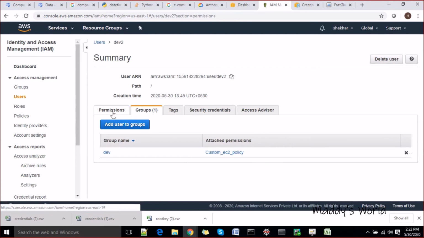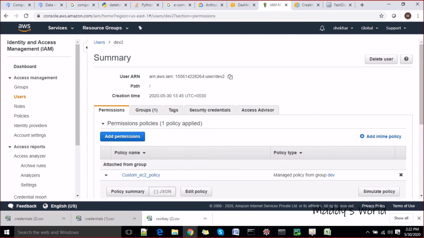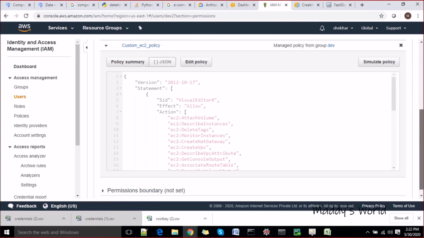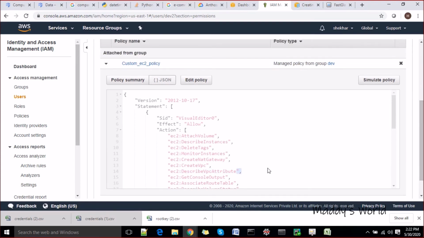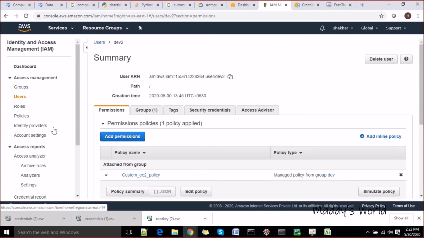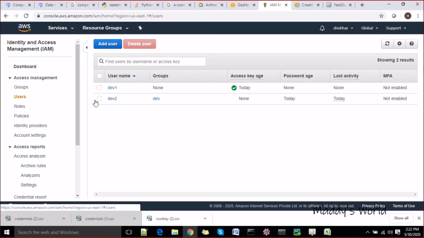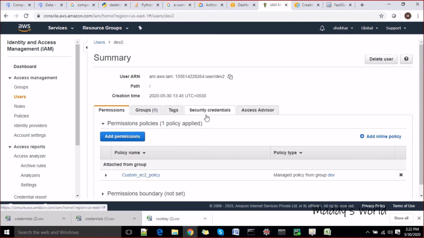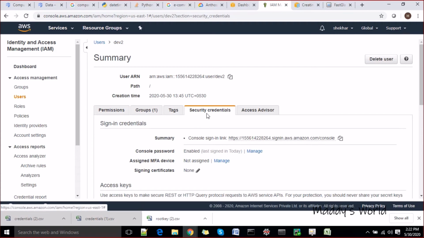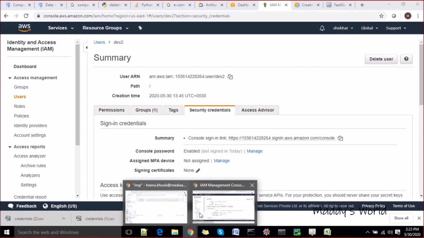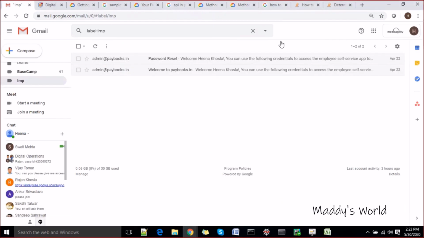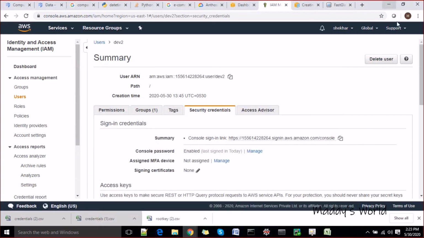Whatever policy this group has, the user inherits the permissions of this group, to this EC2, I mean the policy here. You can see the policies and use them accordingly, and if you want to modify them you can do this too. Now I need to access this. Again I need to use this user to access my console. You can go to the security credentials again, just copy this URL from here. I'm not sure if I'm opening the right page.